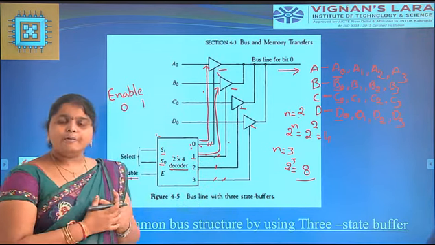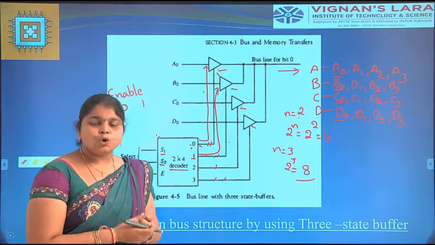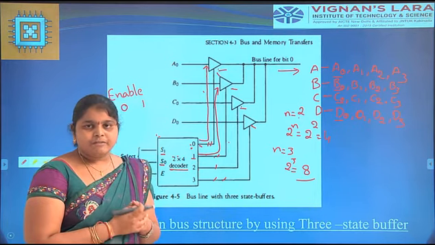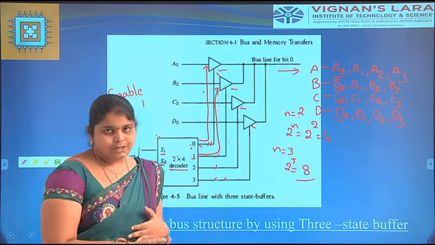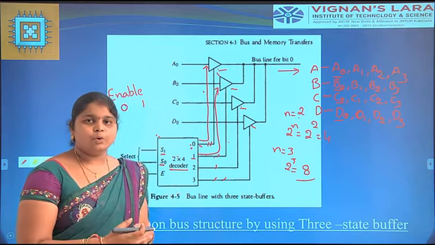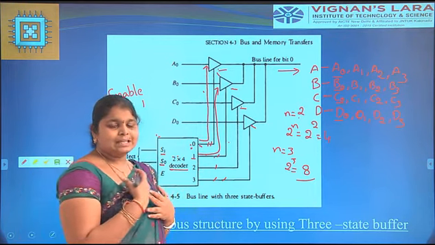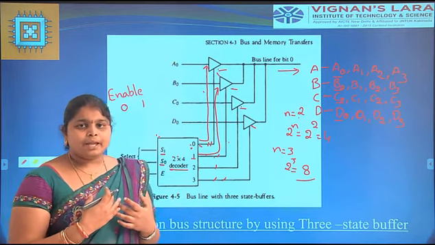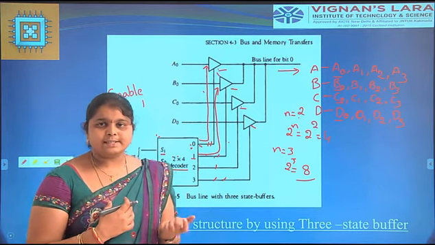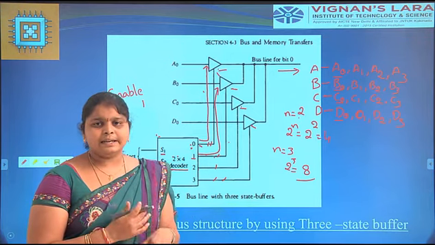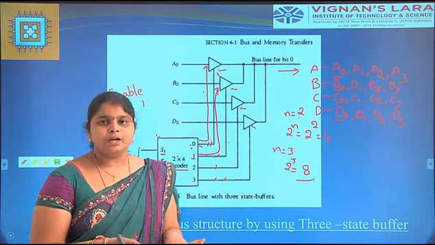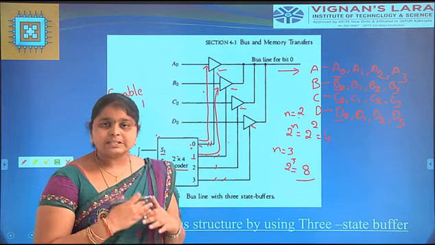What is the meaning of buffer? Buffer means it stores the bits of information. Whenever the user wants to give the input as a 0, it stores the 0, in the form of bits. Whenever the user wants to give the input as a 1, it stores the 1, in the form of bits. High impedance means it does not represent any output. It is disconnected from the circuit.